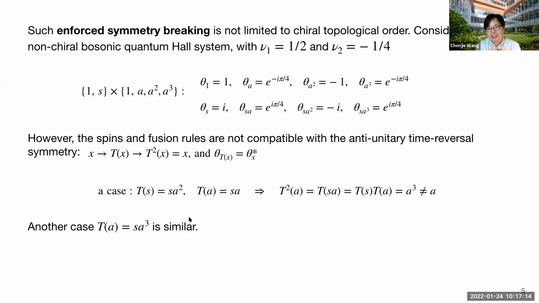In the absence of symmetry, there's no topology. You can't even define any topological properties there. So here the symmetry you're referring to is the time reversal symmetry. Yeah, time reversal symmetry at this moment. Okay. I suppose if you add a magnetic field, you still can have some kind of Chern insulator for the strained graphene. You can have strain and the magnetic field. Yeah. Right. It is still a topological insulator.